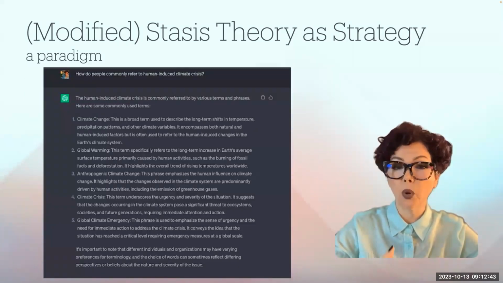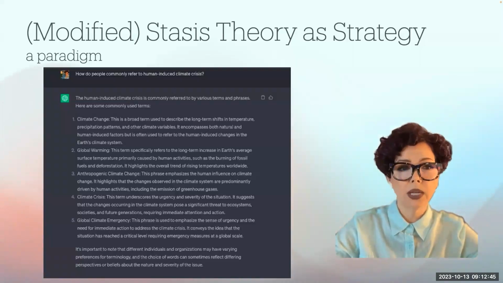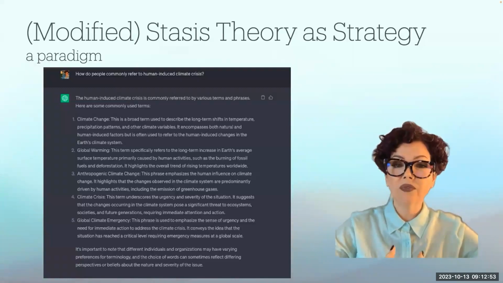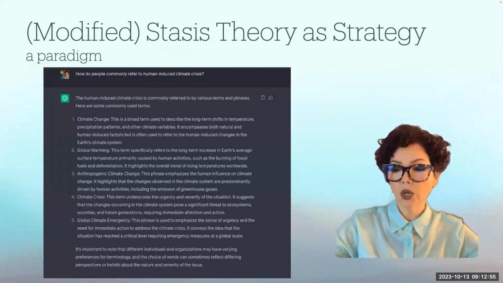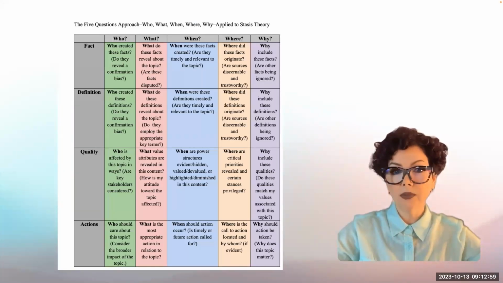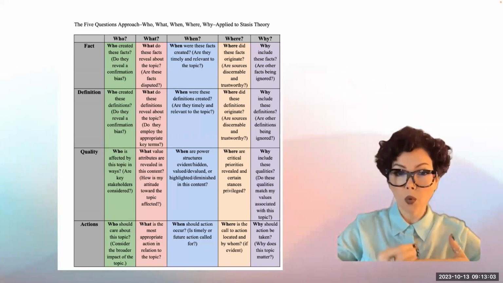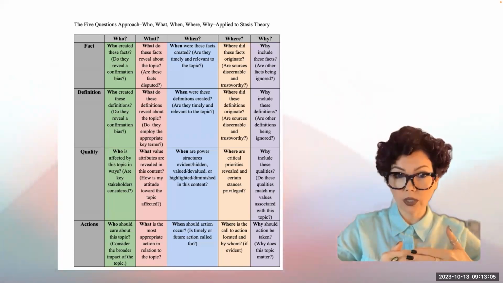And anywhere from people call it climate change, people call it anthropogenic climate change, people call it crisis, global climate emergency, all of these things. And so if that were a generated answer, I want to show the students how they can use stasis theory. Now, of course, I would ask them to do the 4 demonstrated questions that I just showed you